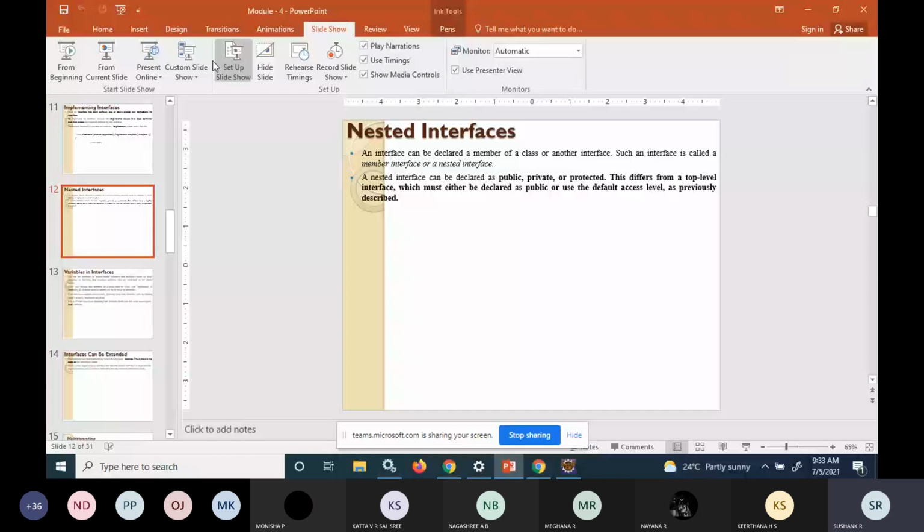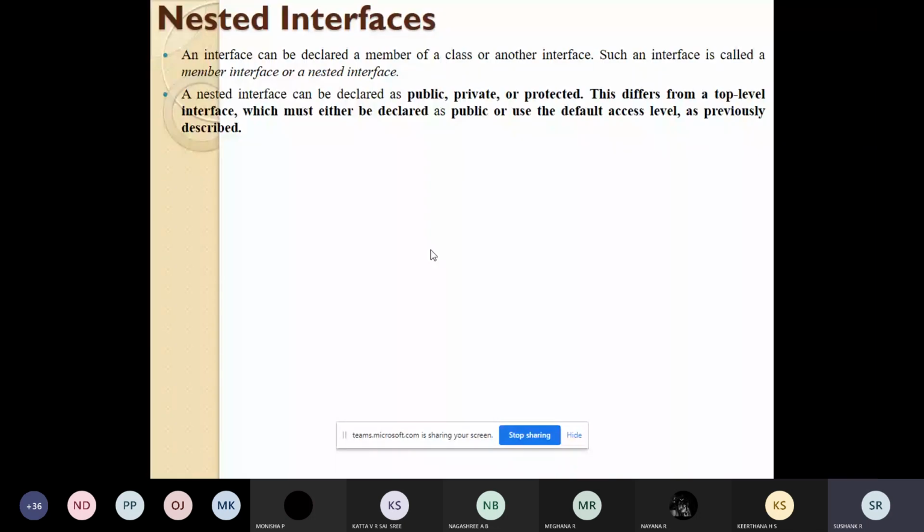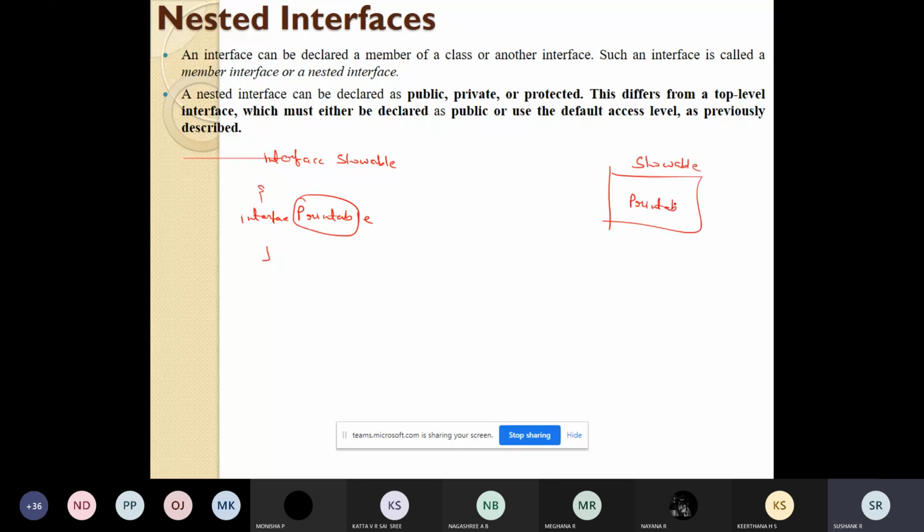What I did is, there is an interface called showable. Within this interface called showable, I'm writing one more interface by the name printable. So we have an interface inside another interface. Showable is one interface, and inside that I am using one more interface called printable.